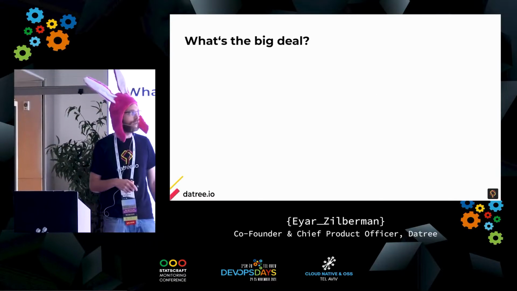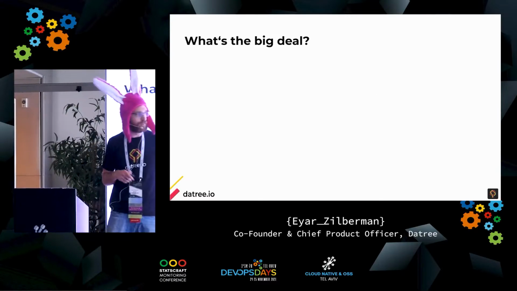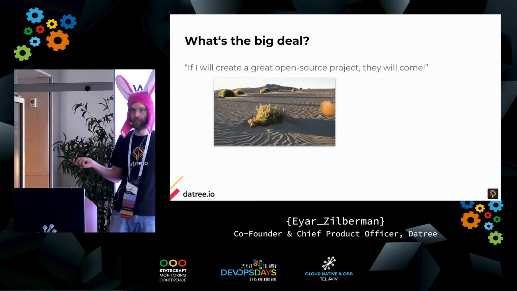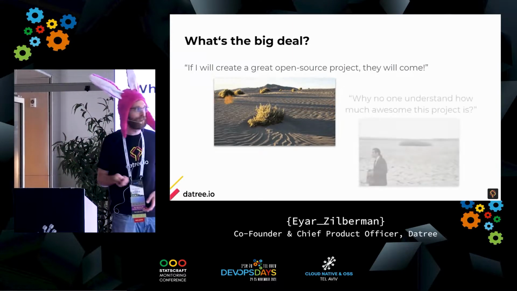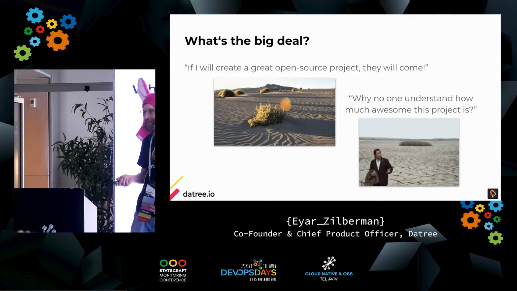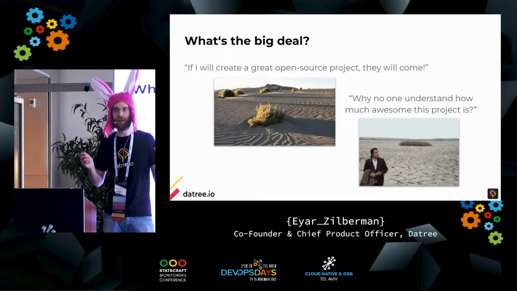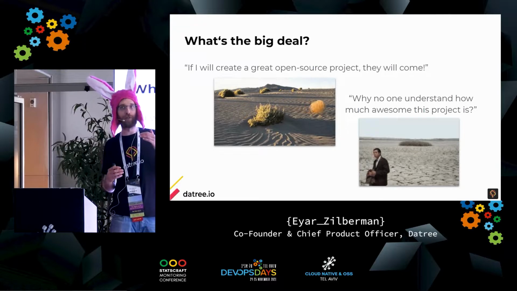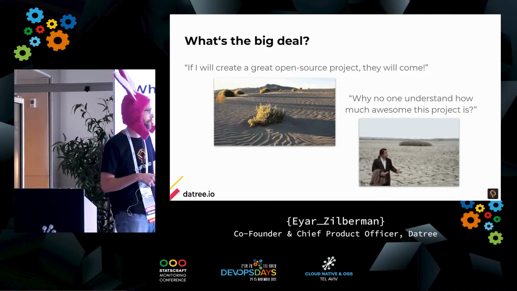So this talk is for all the people that publish their open source project and they're like, okay, so I publish it, but no one is using it. No one's coming. No one's checking it out. But it's so great. Why is no one coming? So this talk is for you, for all the people it's happened to, and also the people who don't want it to happen to them.